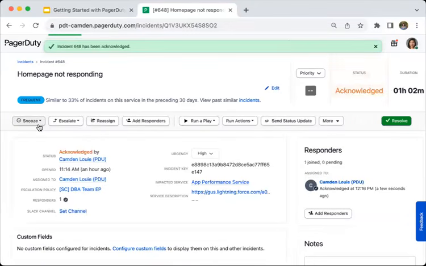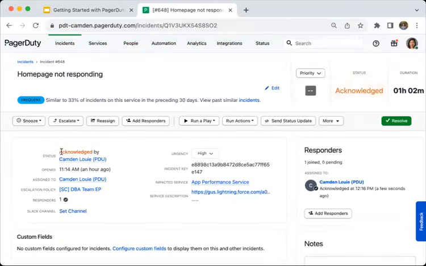I've clicked on this acknowledge button here in the UI. And now my name is associated with this. I've changed the status to acknowledged. There is no longer a pending action field here. So I can start to take action to do my assessment on this incident, so that I can let people know what's going on. If there's any information that I can provide them, if I need to loop in additional